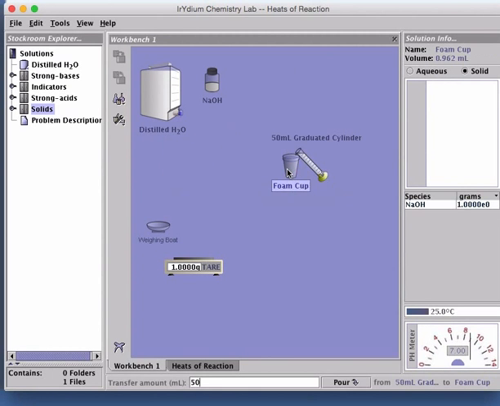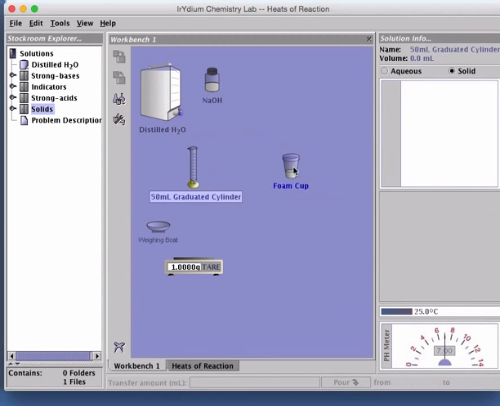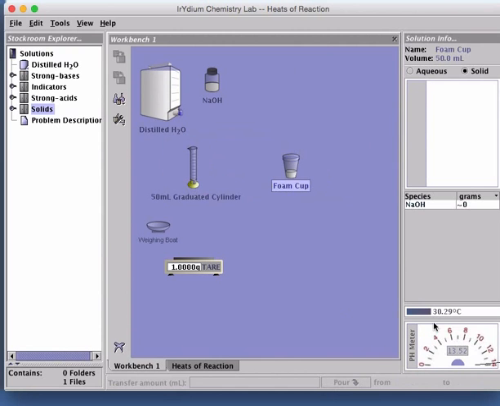Type 50 in the transfer amount input bar and click on pour. Click on foam cup. Record the highest temperature on the thermometer. Thermometer shows 30.29 degrees Celsius. Observe the grams column. It shows 0. This is because all the sodium hydroxide has now dissolved in water.